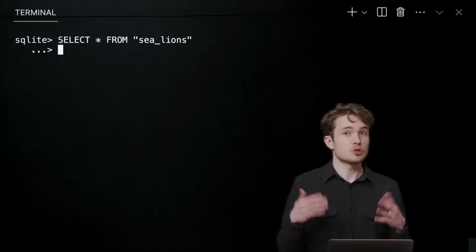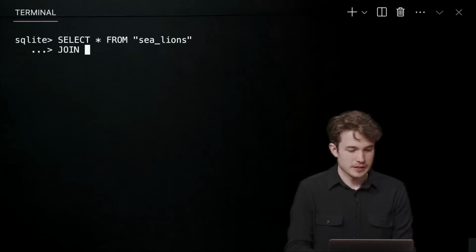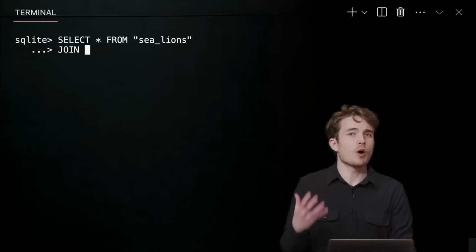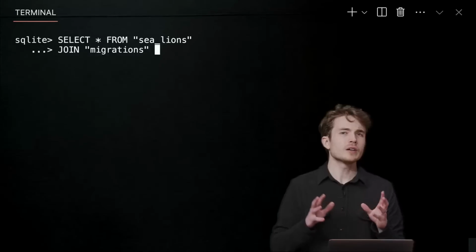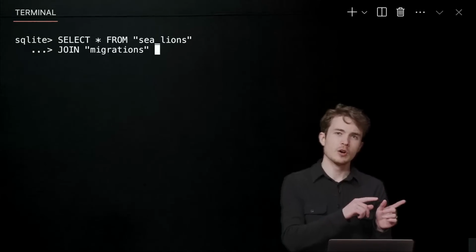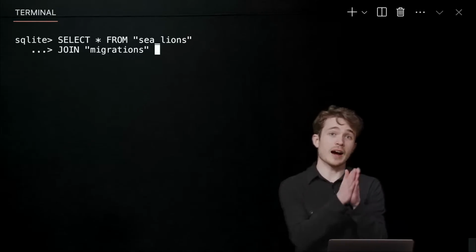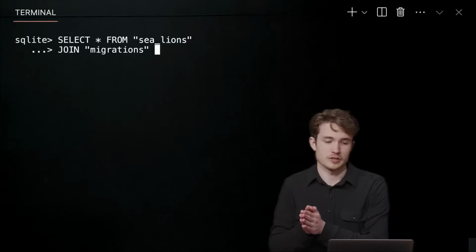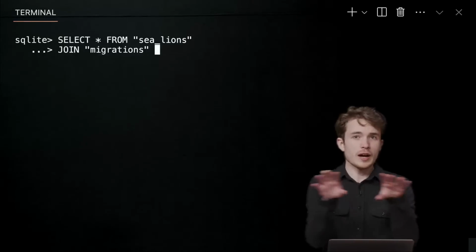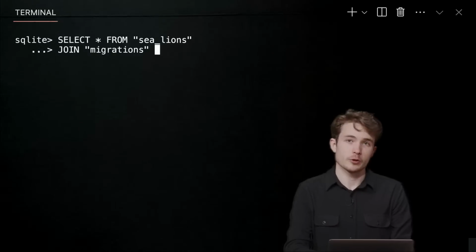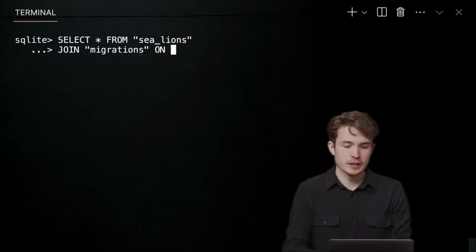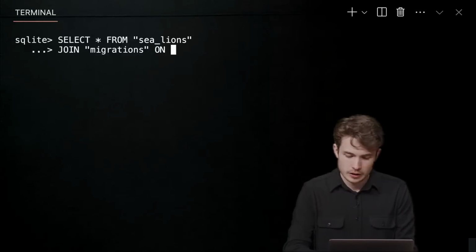And to do that, I can type join. I'll say join, then space, and I want to say the table I want to join. In this case, the table is called migrations. I'll say migrations, and I have to tell it one more thing. I have to tell it what we saw visually earlier, which is that the ID column in sea lions matches the ID column in migrations. I have to tell SQL which two columns it should try to join these tables by. So let me do that. I'll say join migrations on, which is a SQL keyword, what two columns should correspond. I'll now say